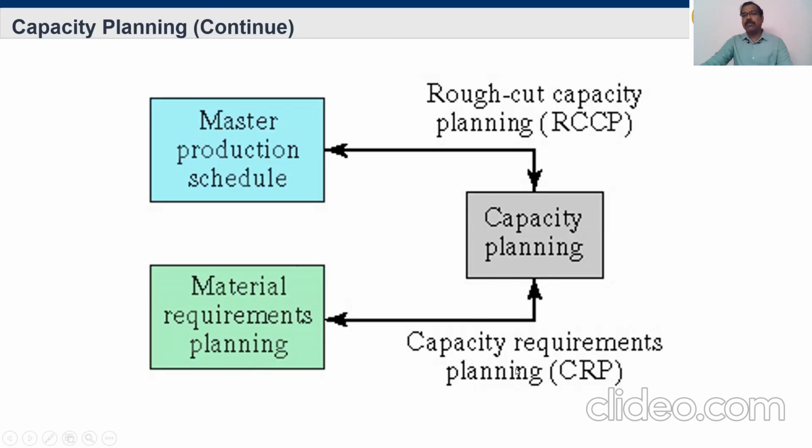The bottom portion is about capacity requirements planning. It is similar to RCCP, but here, after material requirement planning, they get a clearer and better idea when they plan capacity. The master production schedule fixes all the things and gives it back. Once approval comes and production starts running, they get this idea. So this is the difference between RCCP and capacity requirements planning.